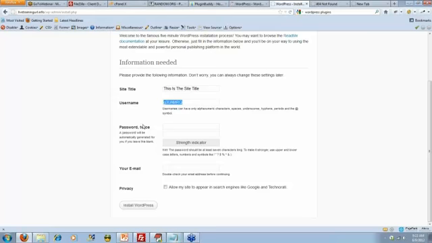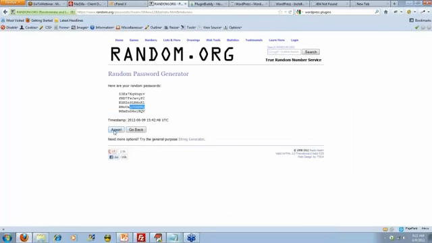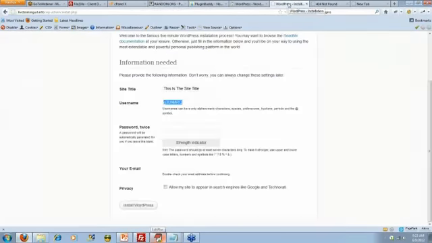Now, again, here is your opportunity to use a strong password. Make sure that it's strong. And again, I like using random to do it. I'm going to hit the again button and let it generate 5 new ones, and then take a peek and see what I like. And I don't know why I like that one. So I'm going to come over here and use that value